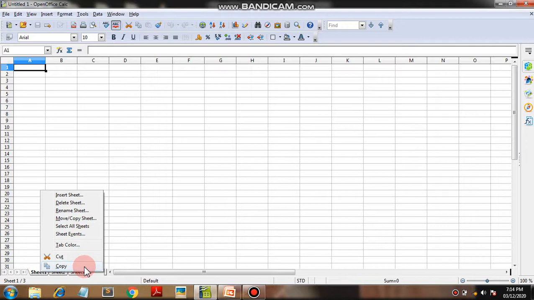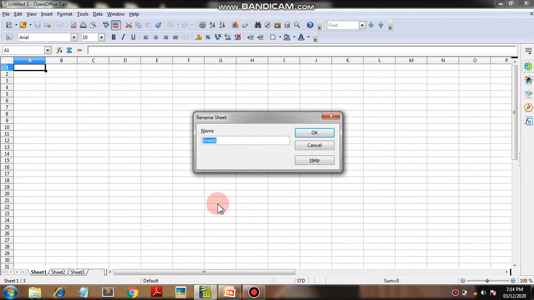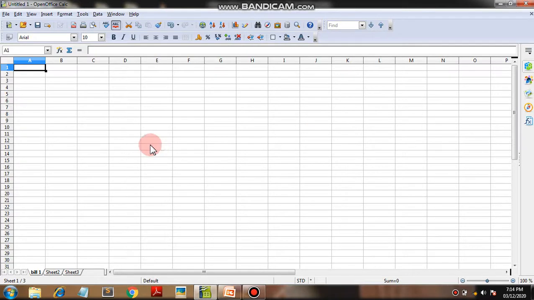Now, if I want to rename sheet 1 as bill, then I click on rename sheet. See, there is a rename sheet window available. I erase it, write bill 1 and press OK. See, the name of sheet 1 is changed to bill 1 because I renamed it.